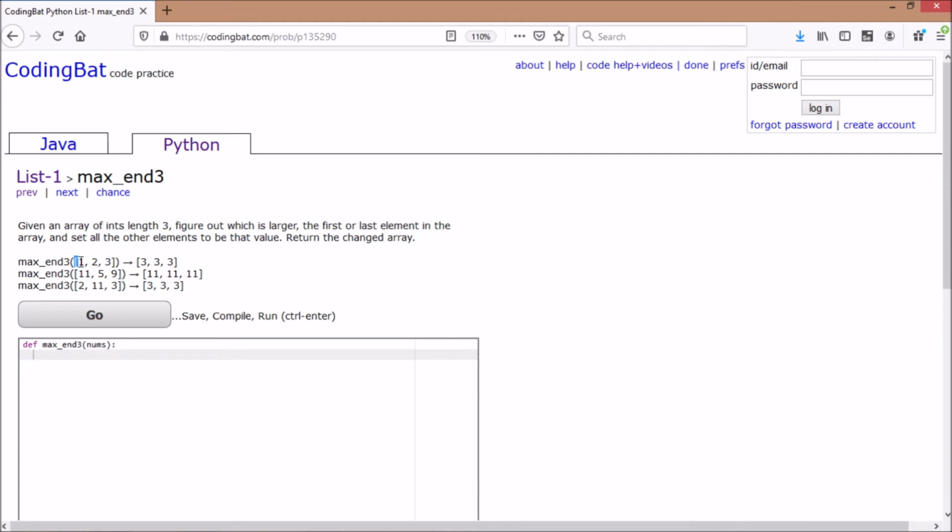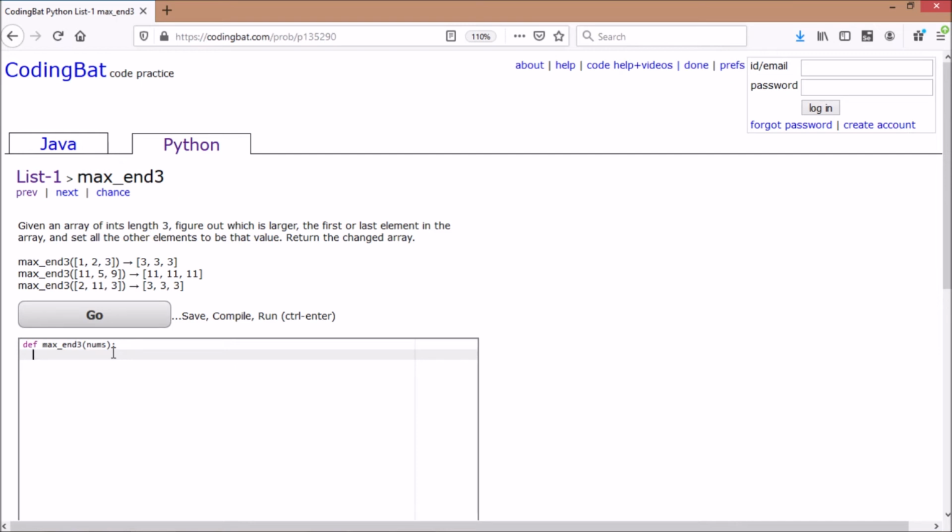So here the first element is 1, the last element is 3, the maximum is the last element 3, making 3 copies of this. Then the first element is 11, that is bigger than 9, so all the copies are 11. The largest element in the array is 11, but we are not considering that. We are considering only the first and the last element. The last element is larger than the first one, so that's how we reach all threes in here.